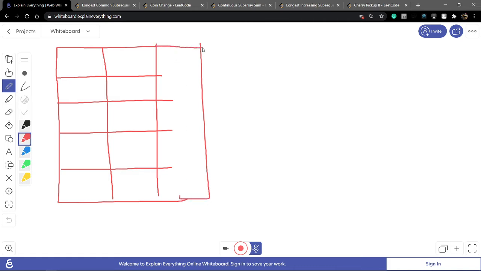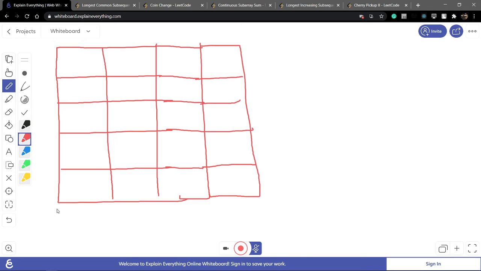I always make one extra row and one extra column.